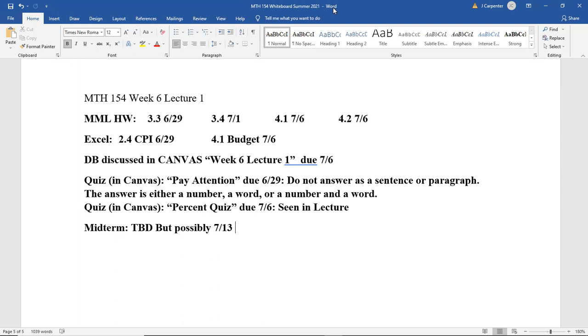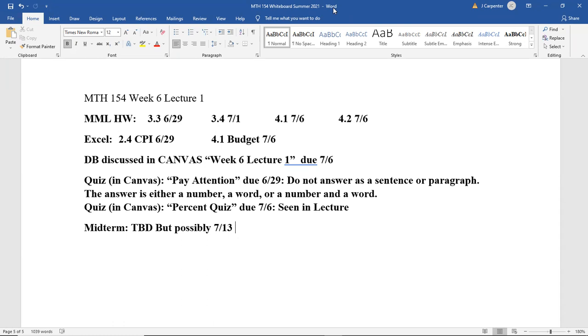And then we're going to assign a new one today. In fact, it will be the very first thing that we talk about because we didn't have time to get to it last class. So there'll be another quiz in Canvas, and it's called Percent Quiz. And once again, it will be the very first thing we do after the whiteboard. So that'll be due in a week. It should be a pretty easy question. If you have any issues with it, you can watch the end of the previous lecture, and there's several problems that would follow along with that, essentially.